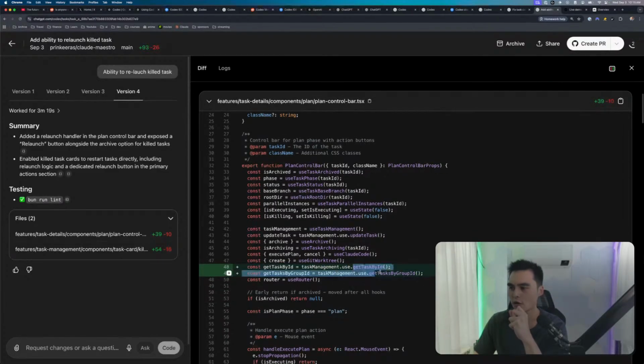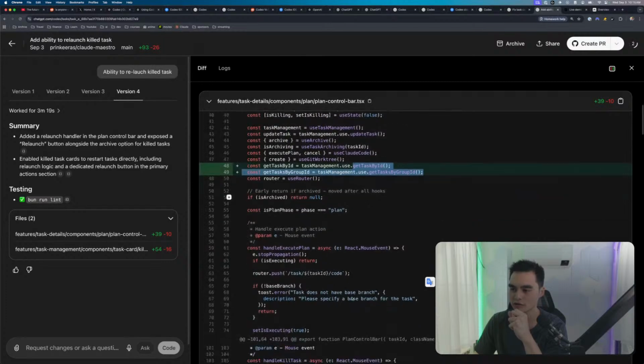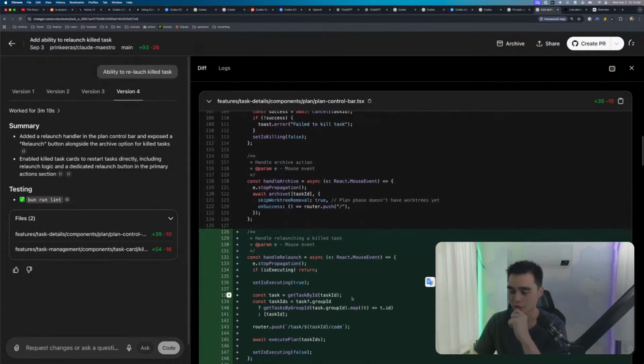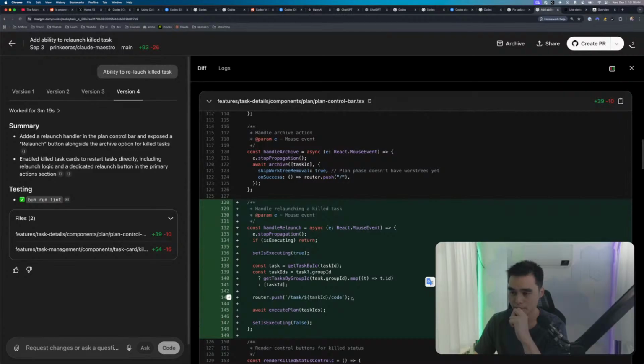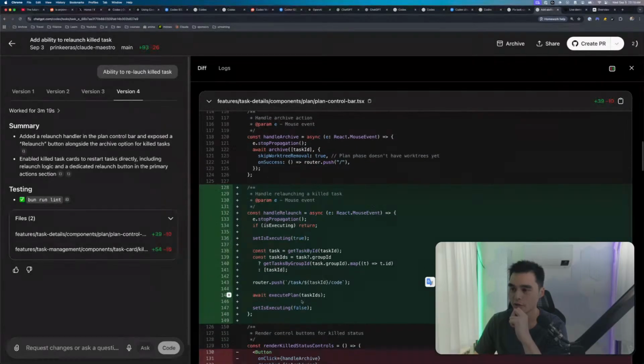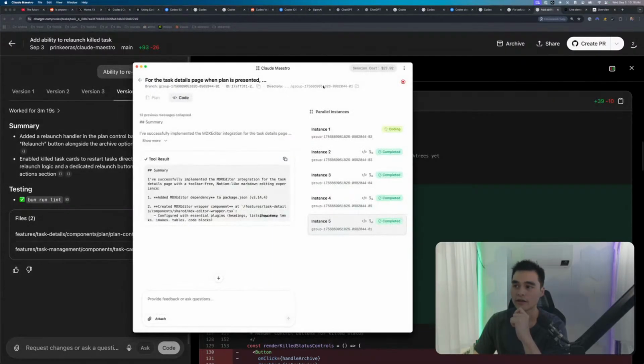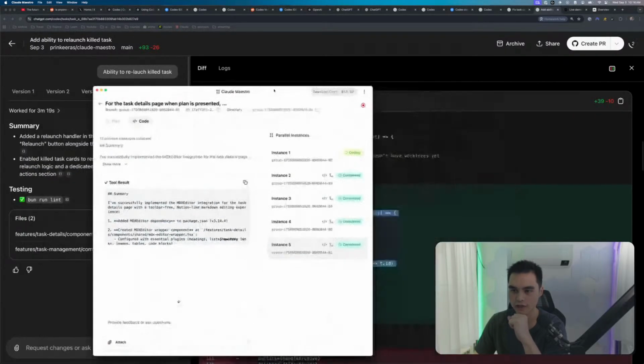I don't know how Codex does it, but Claude Code just understands the code base a lot better than Codex does. For example, with this ability to relaunch a killed task in my application, I'm sure that Claude Code would take into account